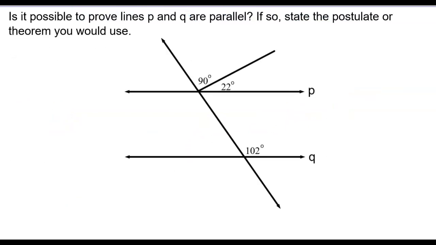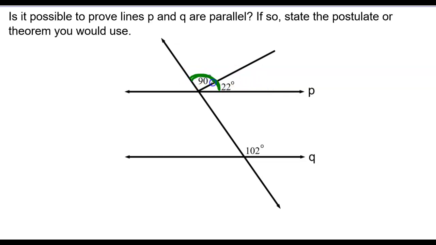So now we need to see, is it possible to prove lines P and Q are parallel? Well, in order to prove lines are parallel, we have to state that corresponding angles are congruent. So if we look at this, we're trying to say P and Q are parallel. They look parallel, but do not assume that they are parallel just because they look parallel. Okay? What you have to do to prove it is say that the corresponding angle with 102 would have to be 102 as well. The corresponding angle would be this big angle right here that I just highlighted and drew